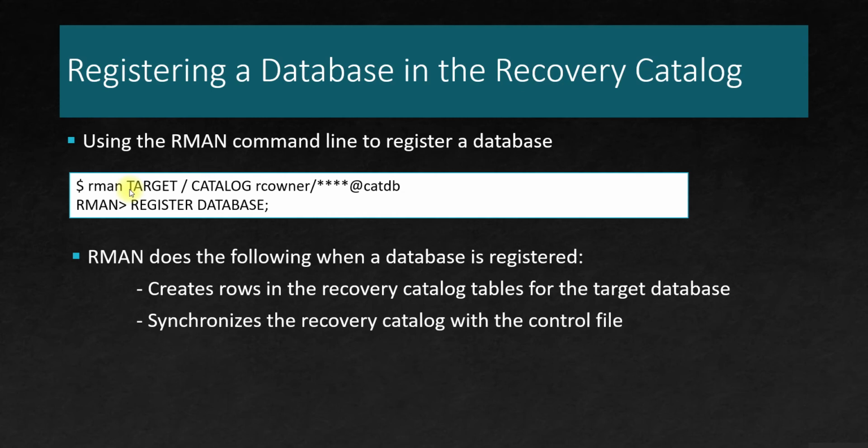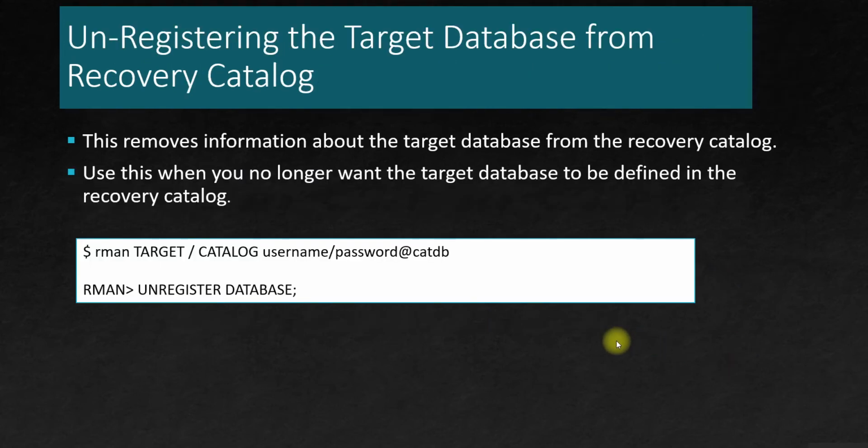What it will do, RMAN will take a snapshot of that control file, and it will synchronize the control file details to the recovery catalog. This is how the synchronization is done, okay? Now if you want to remove the details,